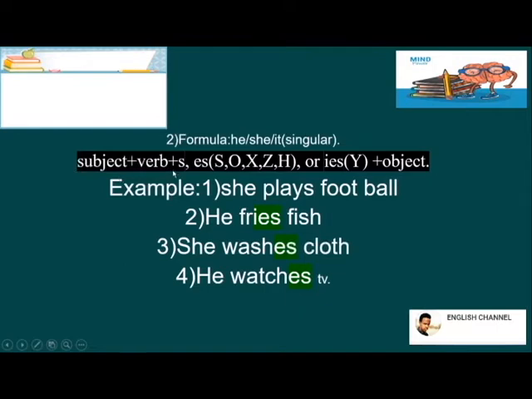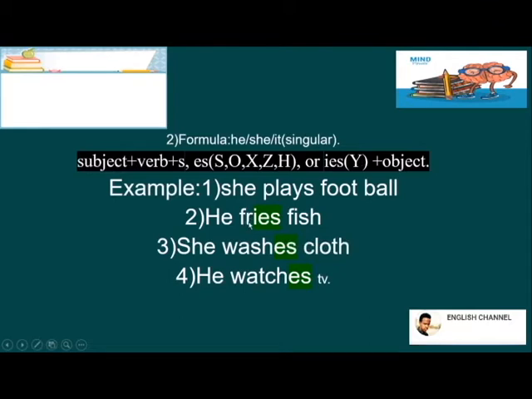The difference is here: you should add s to the verb. For some verbs you should add es, like all the verbs whose last letter is s, o, x, z, or h, you should add es. If the last letter is y,